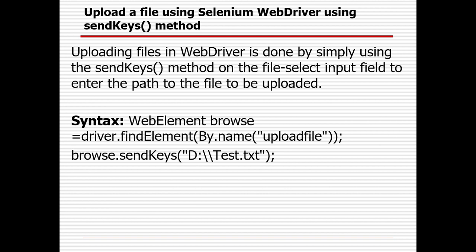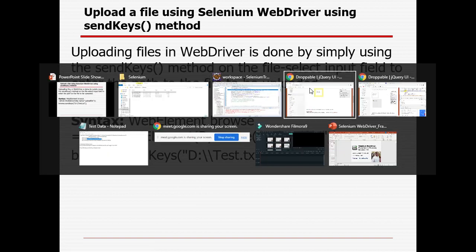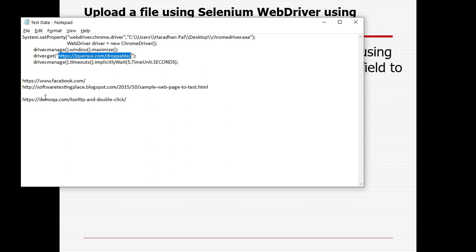Similarly, with the help of the sendKeys method, I can also provide the file path so that it will upload that file, right? So uploading files in WebDriver is done by simply using the sendKeys method on the file select input field to enter the path of the file to be uploaded, right? So suppose this is the URL.